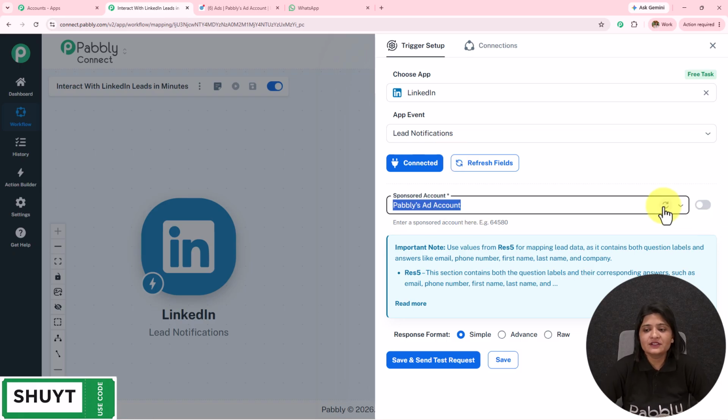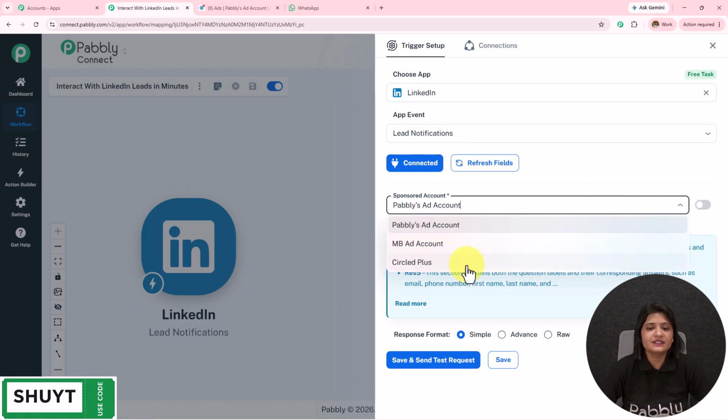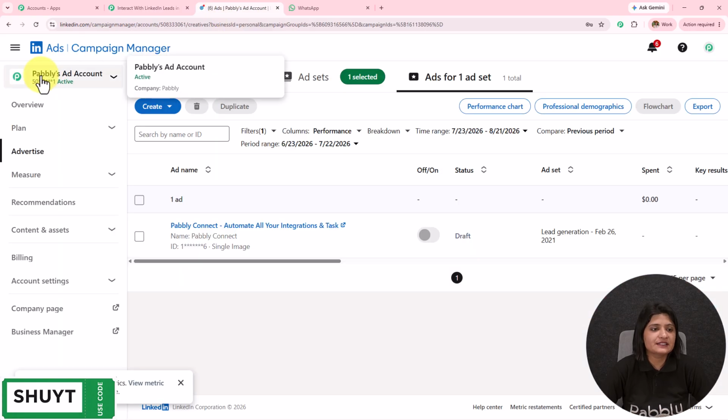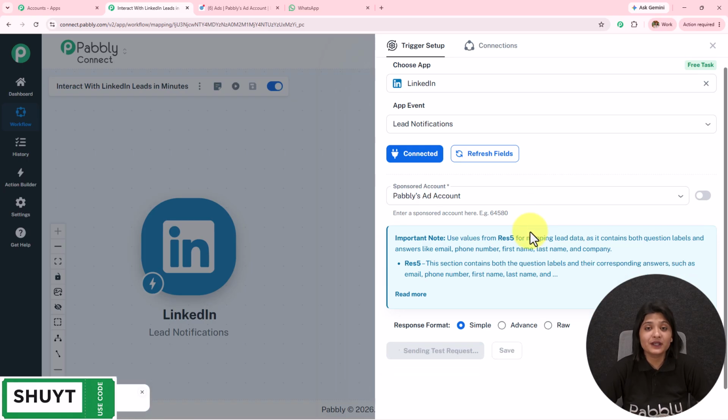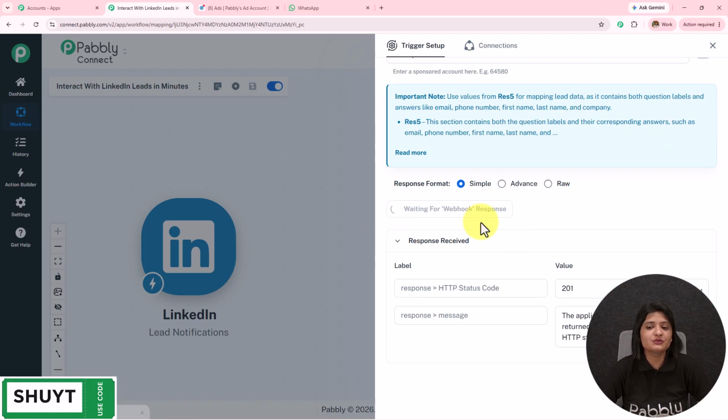So over here we have the sponsored account. You can see that I have all these accounts. If I open my LinkedIn account, you can see this is the Pabbly ad account on which I'm working, and I will be using the same in this workflow. So I've selected Pabbly's ad account. Now as soon as I click on save and send test request, you will see it will change to waiting for webhook response. So now I need to do a test submission in order to capture the webhook response here